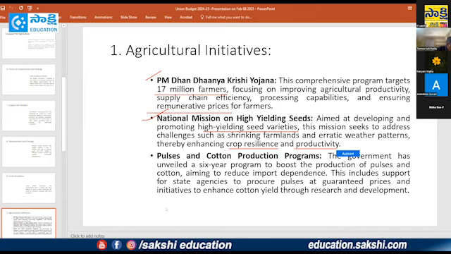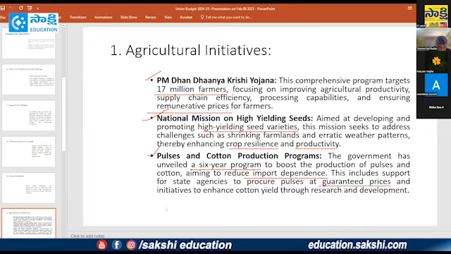Third one is the pulses and cotton production program. The government has unveiled a 6-year program to boost the production of pulses and cotton, aiming to reduce import dependencies, because we are still depending on other countries. This includes support for state agencies to procure pulses at guaranteed prices, and an initiative to enhance cotton yield through